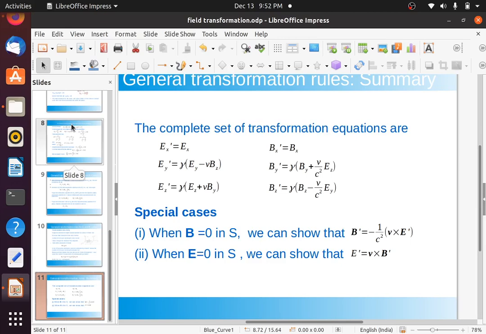Thus we come to the end of the presentation. The details of all these derivations are given to you in the notes. You have to go through the notes and also work out the problem, that is, the special cases that we have discussed at the last, which are also worked out in your notes. So you go through that and learn that, and here we come to the end of this class. Thank you very much.